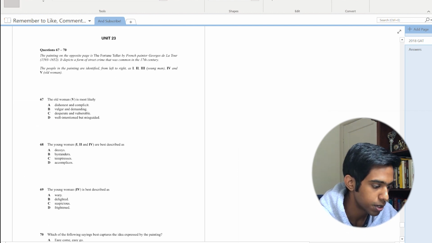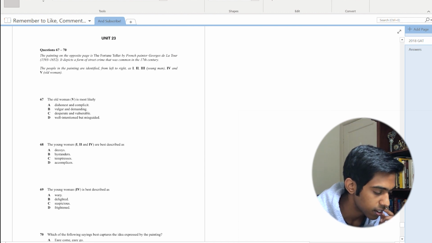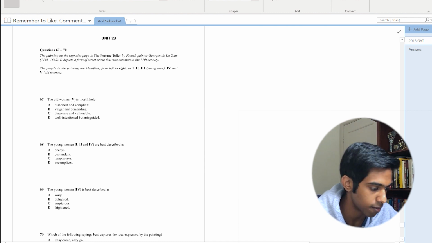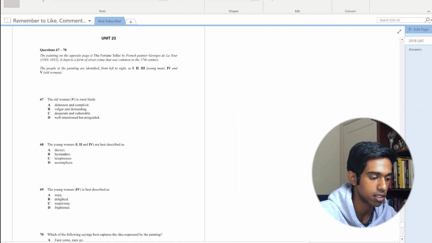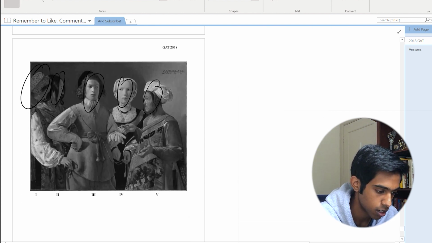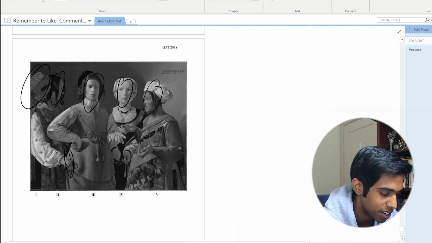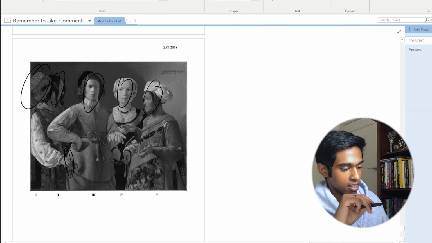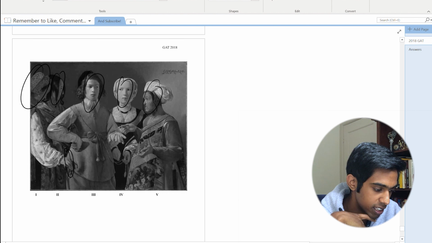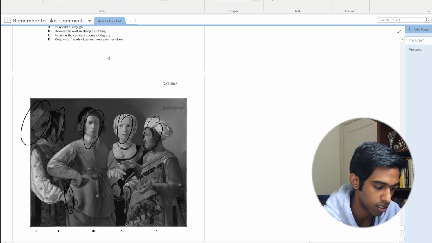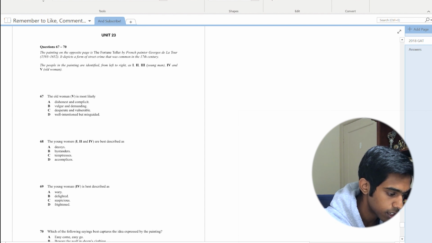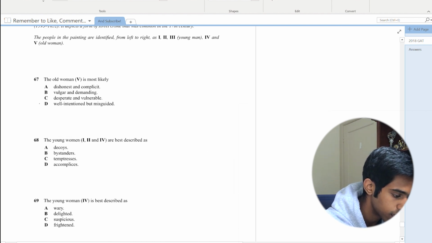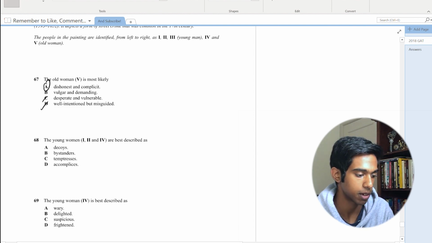So the old woman is most likely dishonest and complicit, vulgar and demanding, desperate and vulnerable, well-intentioned but misguided. The first thing to note is that it depicts a form of street crime. So this guy's getting robbed, as you can tell, and the women are distracting him while person 1 is stealing from his wallet. So I think definitely this old woman 5 is involved. I think it's not D or C, I think it's A,